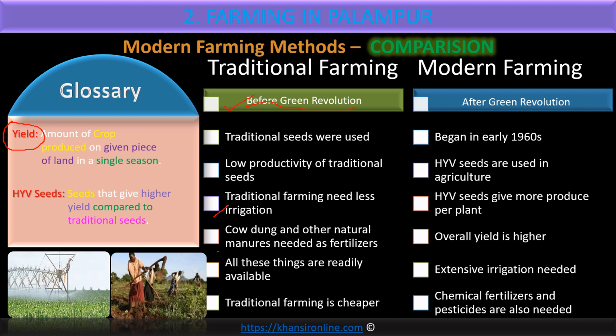Another thing, manure, khad, which we put in the fields. For traditional seed, manure means you can simply use cow dung or the fallen and decayed leaves from the trees, which are easily available to the farmers. They collect all this cow dung, leaves of the trees, and some other things together, and after some time the mixture automatically becomes manure, khad. Farmers don't have to pay any amount for that. But this kind of manure is not sufficient in the modern farming method. You need to purchase chemical fertilizers. Chemical fertilizers means special fertilizers.